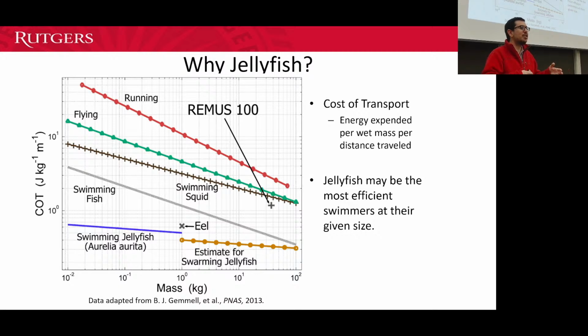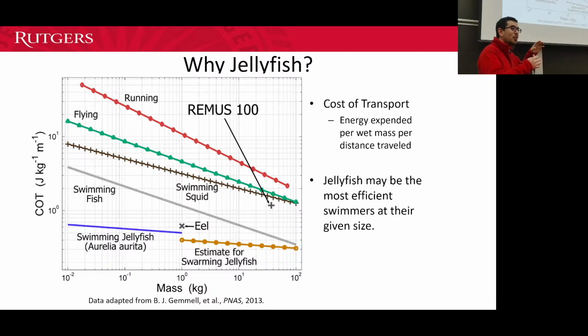This is the amount of energy they have to expend per mass to go 1 meter. Do you want that to be high for low efficiency? Yes, so it would be high for low efficiency. Absolutely, Maya. So your goal, if you're concerned about efficient locomotion, would be to be on the lower end